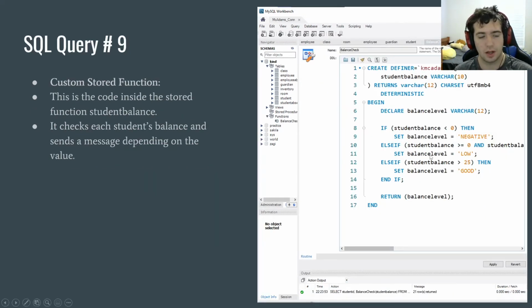Here is my 9th query. It's a custom stored function. This is a function which I stored inside the table, where it checks the student's balance and sends a message to it depending on the value. So as you can see here, I pretty much said